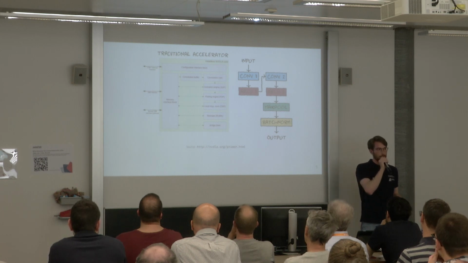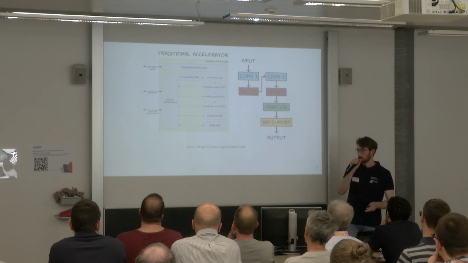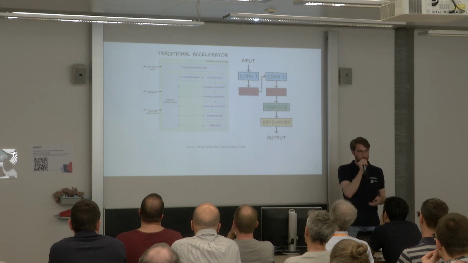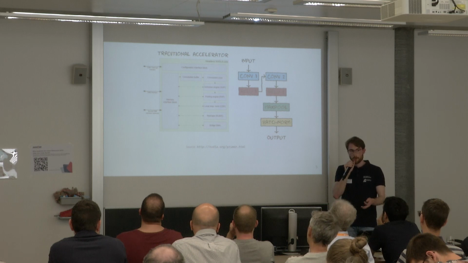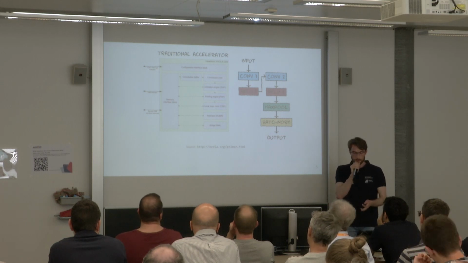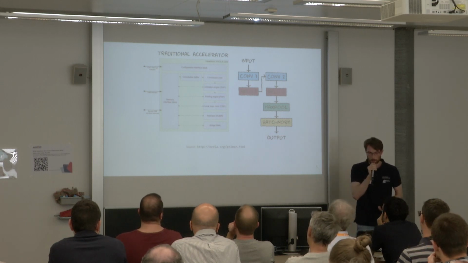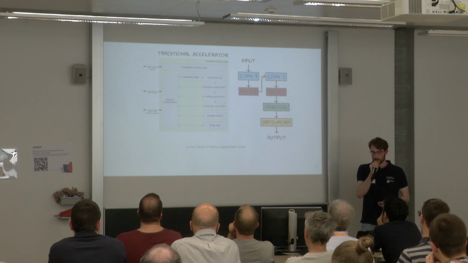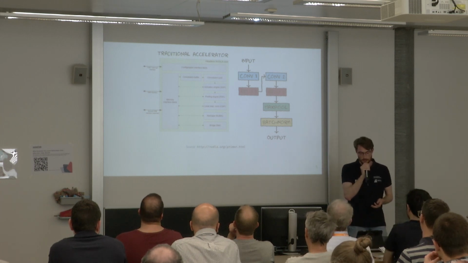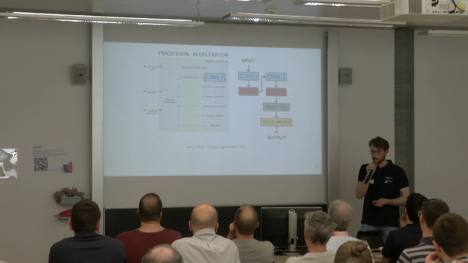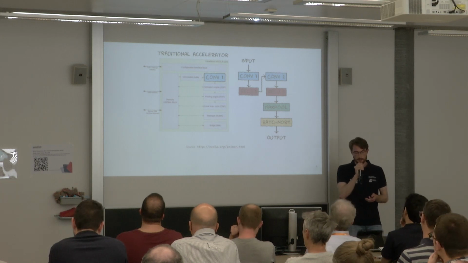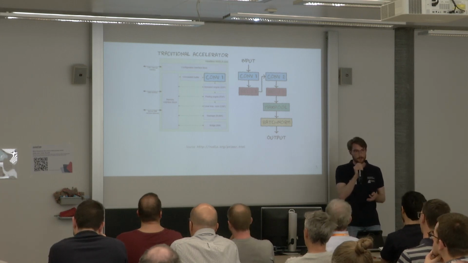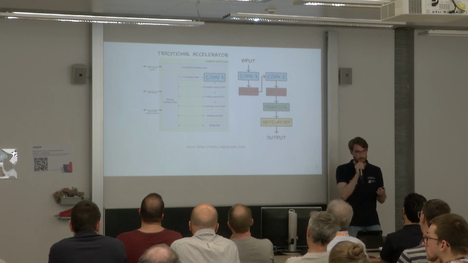So here you see a traditional accelerator. That's the one which NVIDIA uses in their newest Jetson devices. You can look it up in the source. It's called NVIDIA Deep Learning Accelerator. And I will explain the components in the example. First we want to accelerate the convolution, and for that the accelerator has a convolution core. So we accelerate the convolution there, and next we try to accelerate the activation function, and for that we also have an activation engine which is